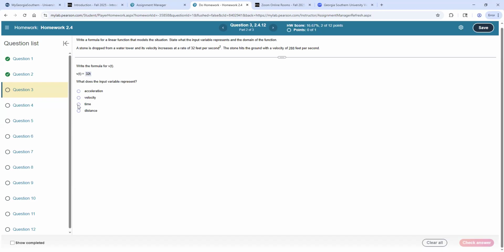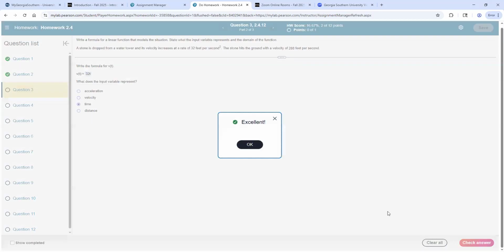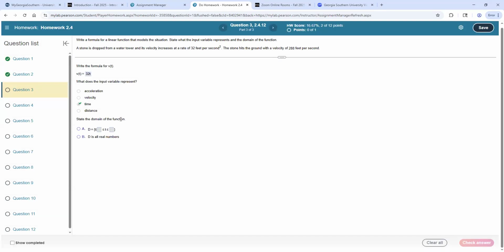Okay, so let's look at what the input variable represents. The input variable is your time. And then state the domain of the function. Well, think about it. At the start, the time is 0, right? You're getting ready to drop it, and the time that you let go, that's your start time. And then at the end is when it hits the ground, at a velocity of 288 feet per second. So you're going to have to find out what your time is at 288 feet per second. So if you take 288 and divide it by 32,